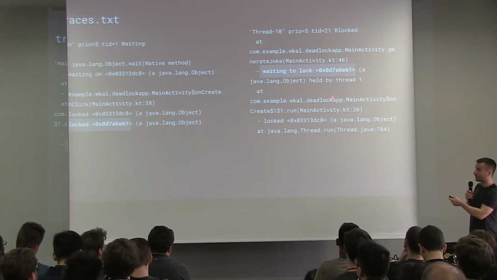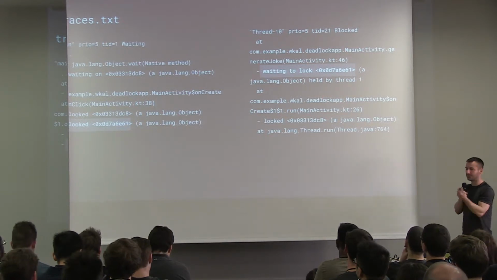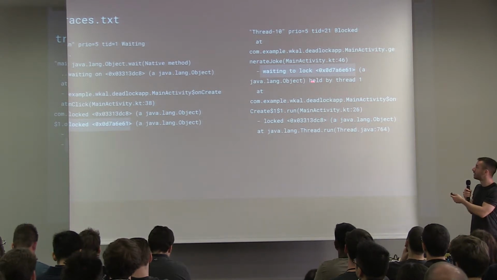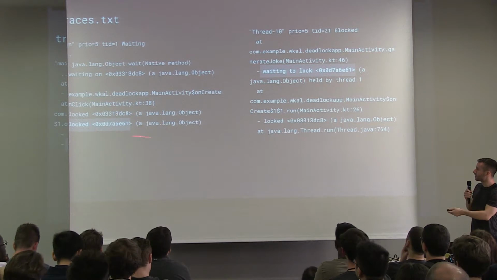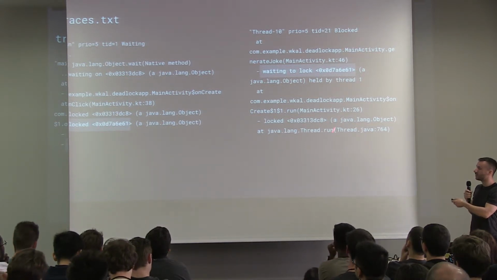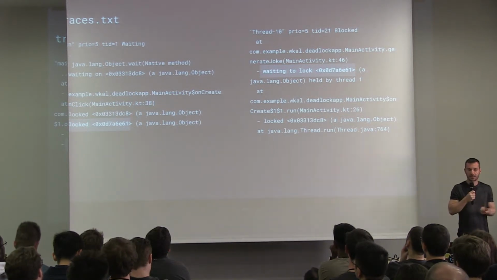And then if you find it again anywhere in the trace, so for example here I have this thread 10, it's probably some kind of background task that I'm running, and it's waiting to lock, right? It's waiting to lock an object that was already locked. And then this one is waiting on something that's probably locked somewhere else. And they just can't move.